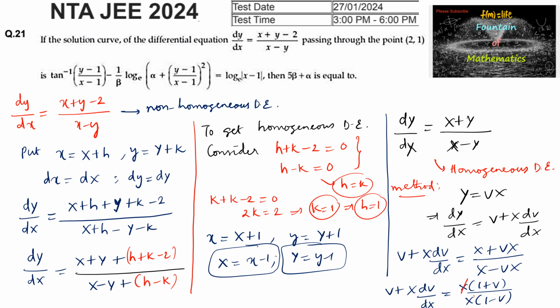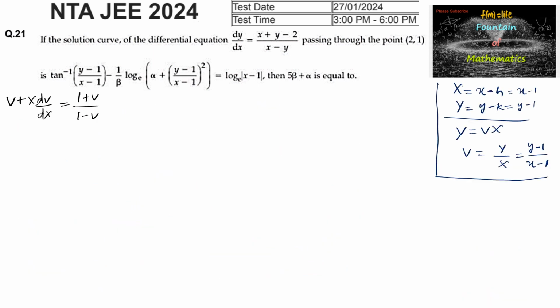So we can cancel x and x. v plus x dv by dx is equal to 1 plus v upon 1 minus v. On simplification, x into dv by dx is equal to 1 plus v upon 1 minus v minus v,